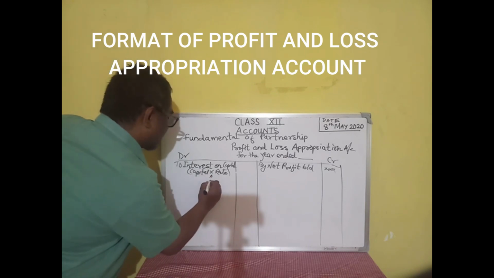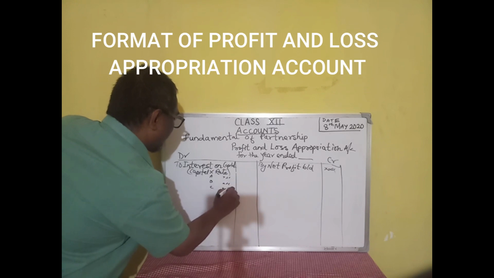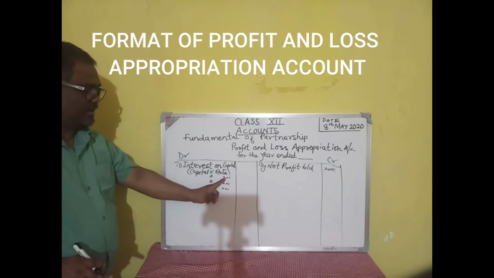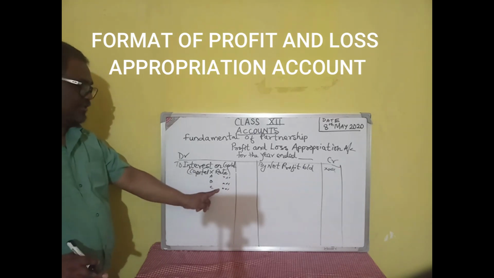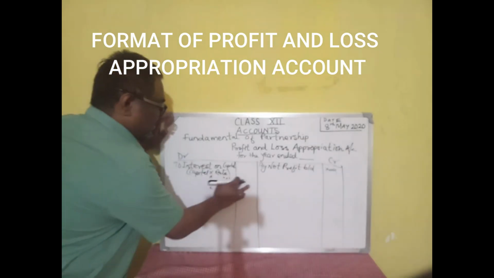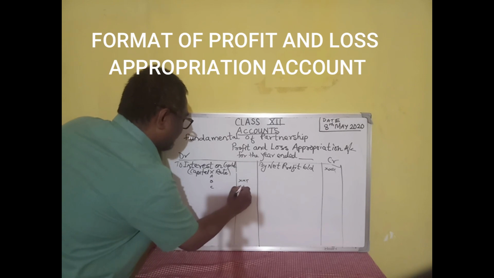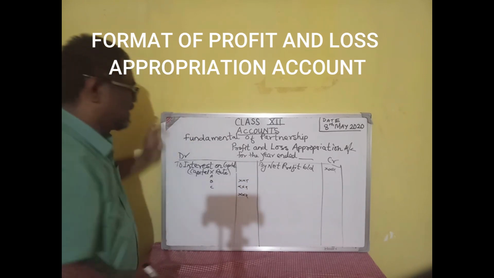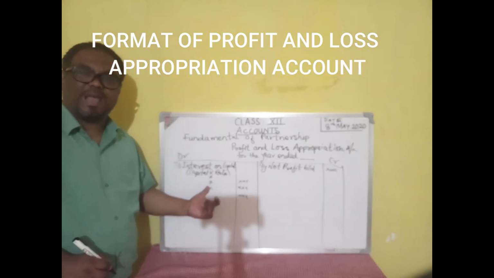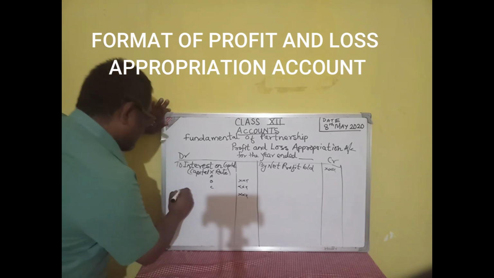A, B, C, as per the number of partners, you have to write the interest on capital. You can write A interest on capital, B interest on capital, and C interest on capital and add them and write the total outside here, or directly write them separately. A capital multiplied by rate, B capital multiplied by rate, and C capital multiplied by rate. After that,